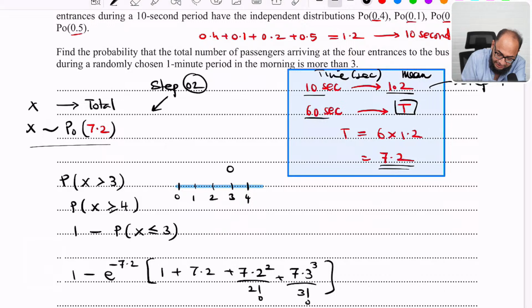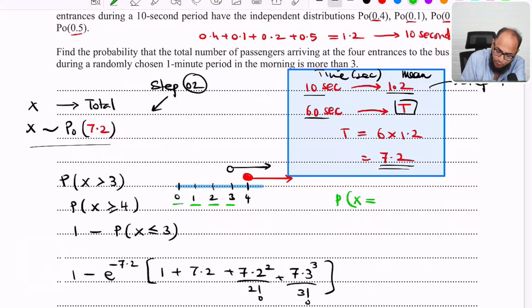Greater than 3 does not include 3. So what should it include? It should include greater than or equal to 4: 4, 5, 6, all the way till infinity. So what is left? We are left with 0, we are left with 1, we are left with 2, we are left with 3. So